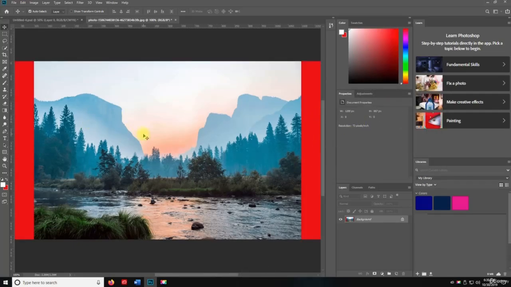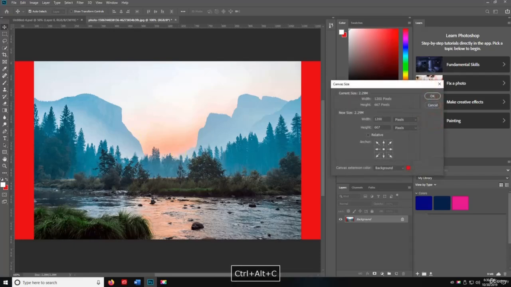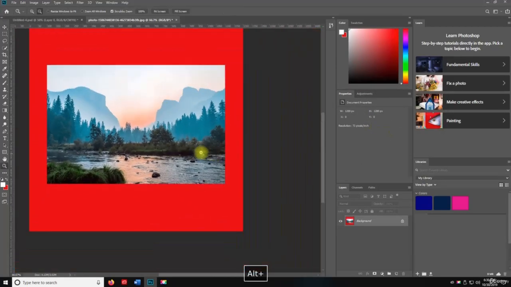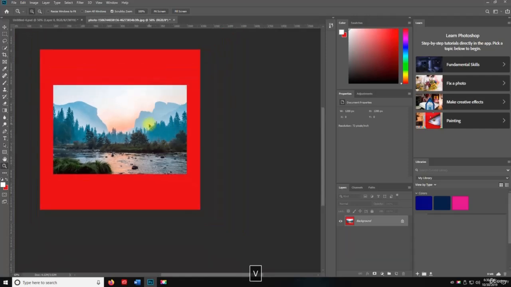And then if I hit Alt Control and C again, if I hit the right keys, there we go. And I did 1200 here. Okay, we're going to have space, the top and the bottom, everywhere